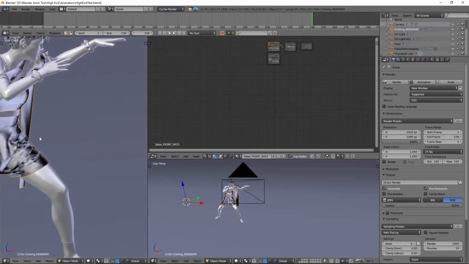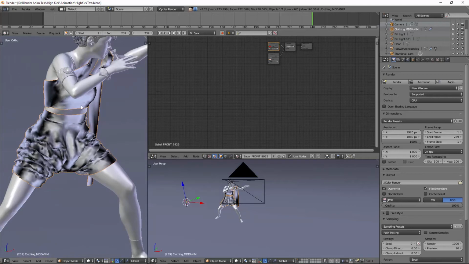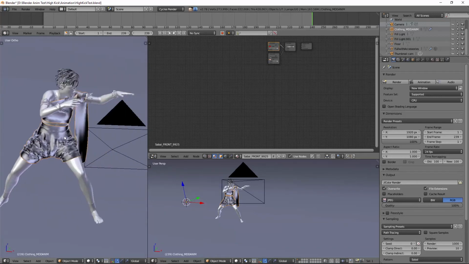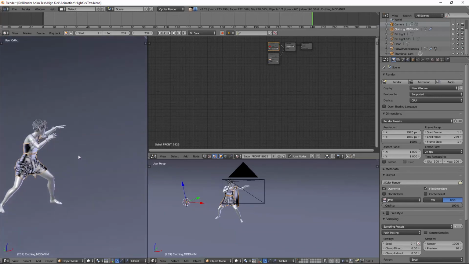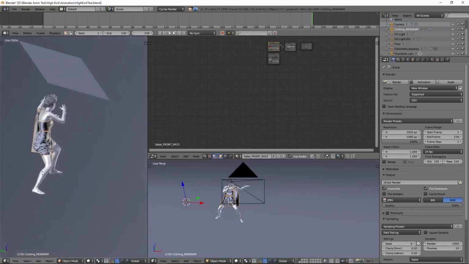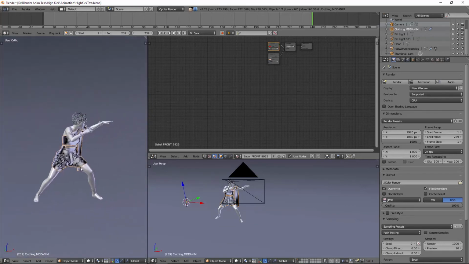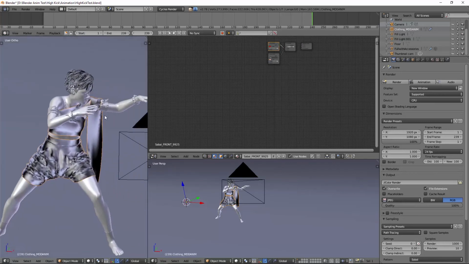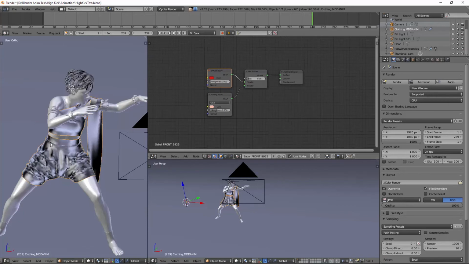You'll notice there's some strange things going on with the cloth here. It's looking light and dark in areas. This is because the normals for the vertices and some of the faces on this fabric are flipped in different directions. The reason for that is because when I exported the cloth simulation from Marvelous Designer, there are options to either export as thin or thick fabric, and I chose thick fabric because I wanted a thickness to it. Don't do that. Learn by my mistakes and don't do that, because you'll get finishes like this.